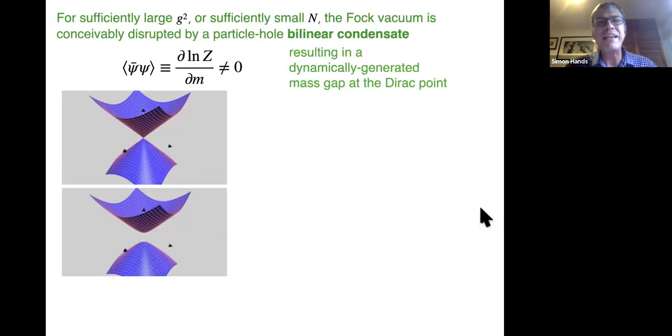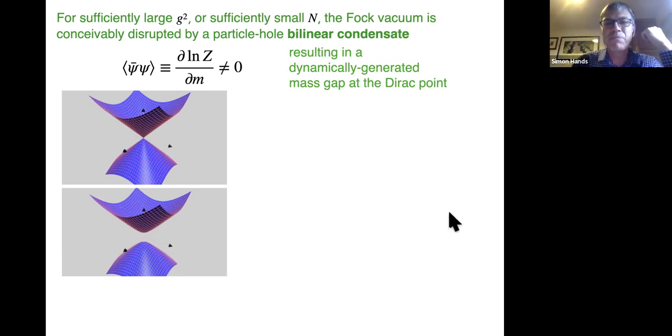Well, here's what it may lead to. This is a fairly general argument. If the coupling constant G, I've suddenly started calling it G squared rather than E squared, but if the coupling strength gets large enough, and if the number of flavors, the number of Fermi degrees of freedom, is small enough, it's plausible that the non-interacting ground state we've been talking about, the Fock vacuum, could be disrupted by a particle-hole